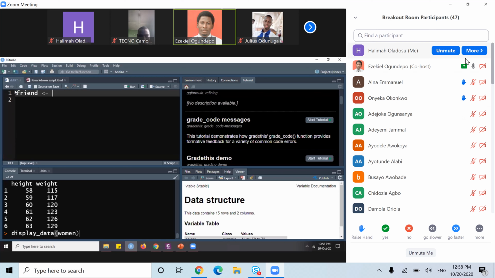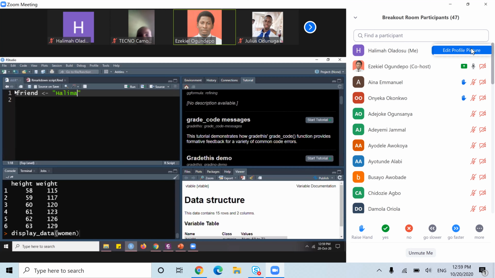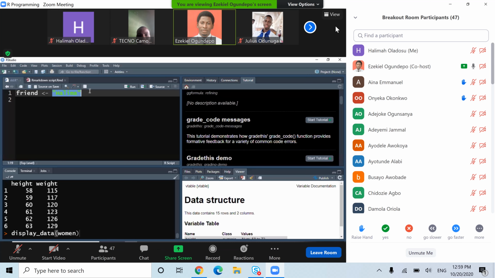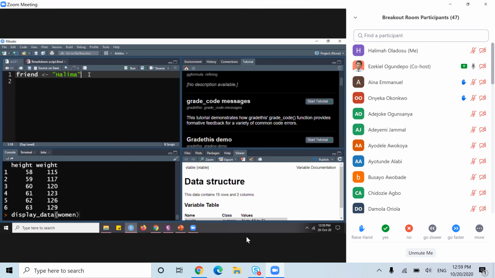Because I'm using text, which you call a string in Python, R takes this as a character. For every string there must be a quotation, either double or single quotation. R will accept the two. So Alima is a string object in Python, but in R we call it a character. So how do we check the type of an object in R? Type is used in Python, while class is used in R. So let's see, class,